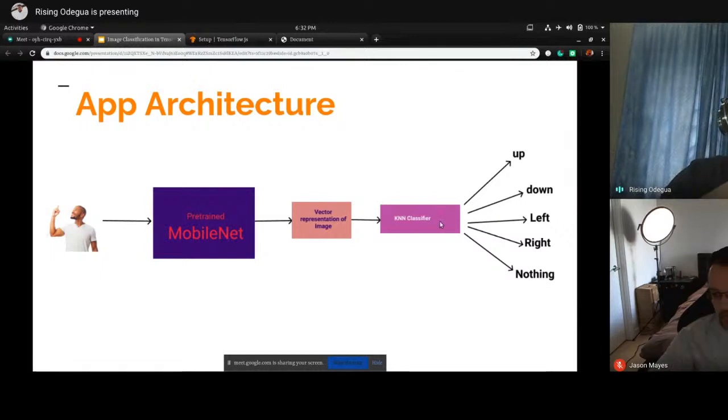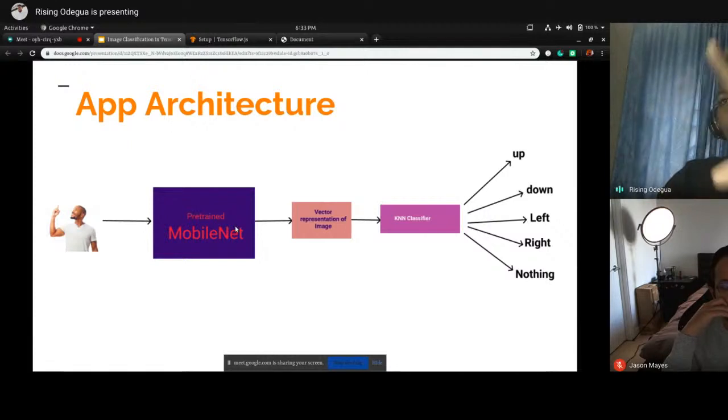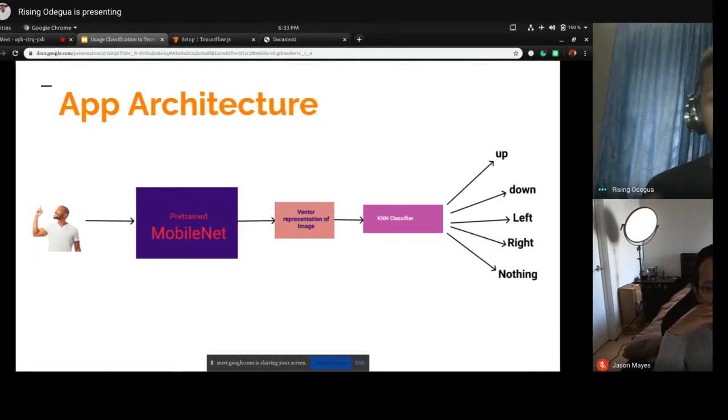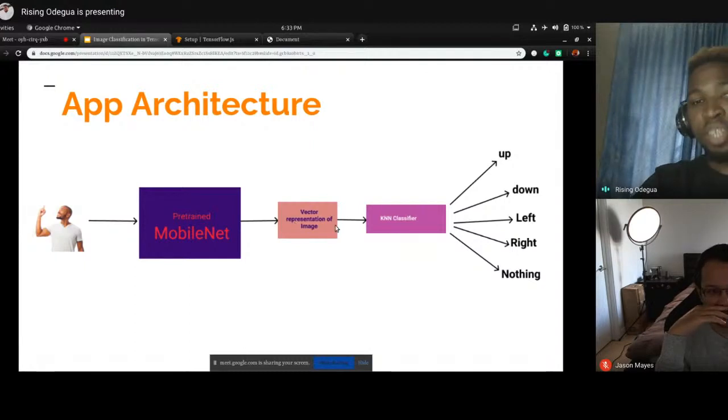a KNN classifier, whereby we take our pre-trained model and pass in an image, for example, this image of a person pointing up. This pre-trained model makes a prediction, but the prediction is not based on classes. We're going to retrieve the activations from that prediction. The activation is just a bunch of matrices that captures the information present in this image. That's the vector representation of the image, and we'll pass that vector to a KNN classifier, which is like